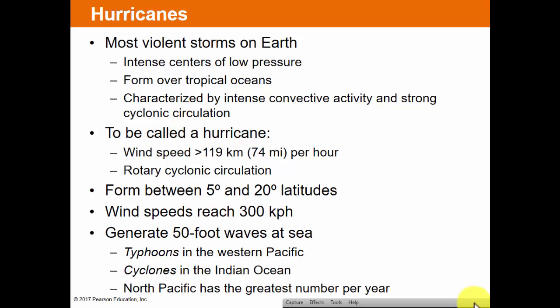Cyclones in the Indian Ocean, typhoons in the Western Pacific, they are all the same thing, the same storm. They're all tropical cyclones. Tropical cyclones form when the water temperature is about 80 degrees or warmer, so they have to form over the tropical oceans. You need that warm, moist air to give you the energy for the storm. And of course, they are characterized by very intensive convective activities, very powerful updrafts and strong thunderstorms spinning around the